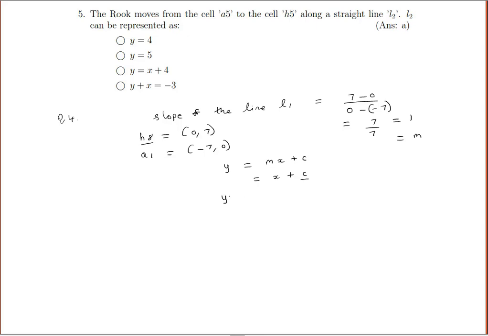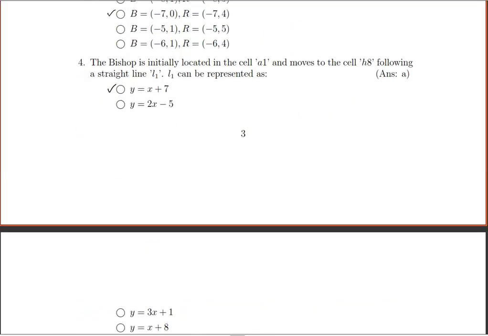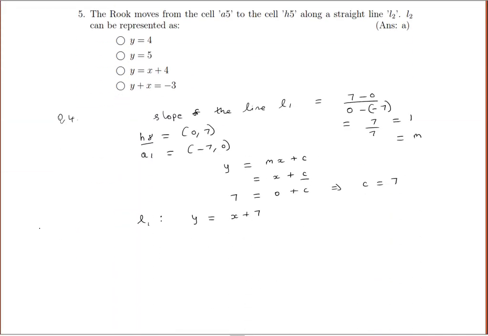We substitute the values of y and x, y equal to 7 and x equal to 0, 0 plus c. So we get the value of c to be 7. So we put it back in the equation of the line. The equation of the line becomes y equal to x plus 7. So L1 is given by the equation y equal to x plus 7, which means option A is correct. And similarly for question 5,